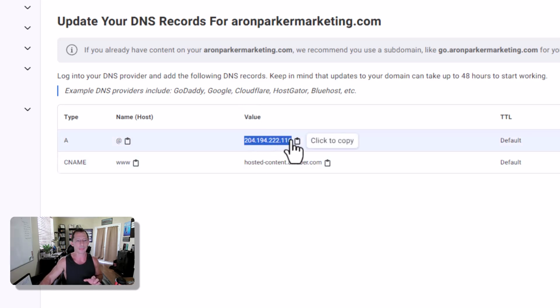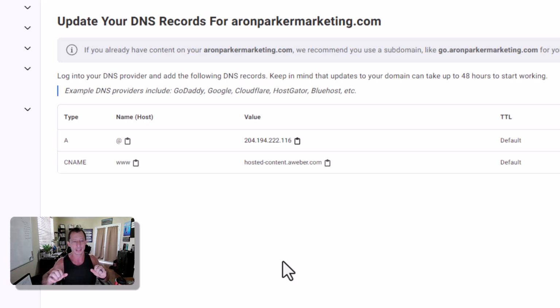So we're going to copy this value, and all I'm going to do right here is click copy. So just going to copy it. You do not want to type any of this. So you should not be doing any typing. Anytime you're doing something like this, you always copy and paste to make sure there's no errors. So now that I've copied this IP address, that's what this is,